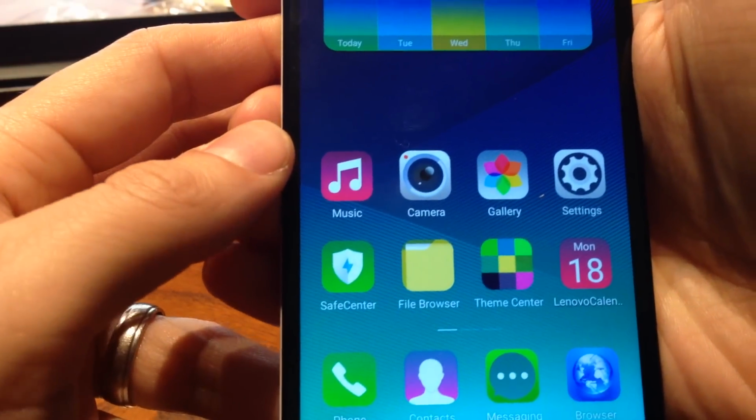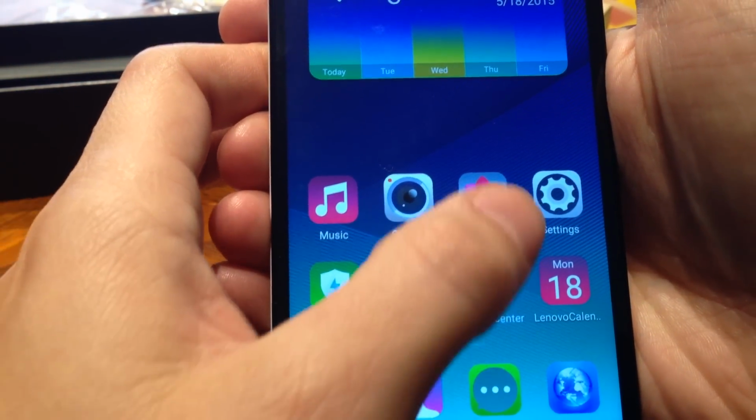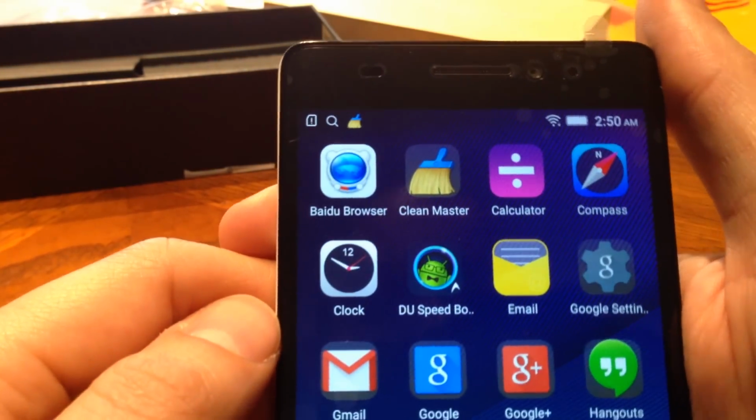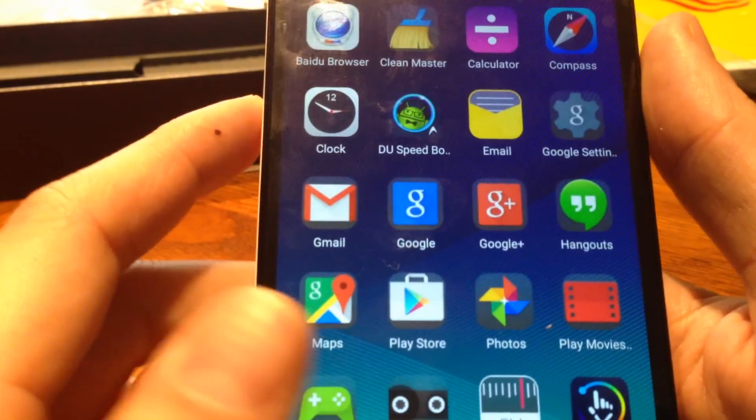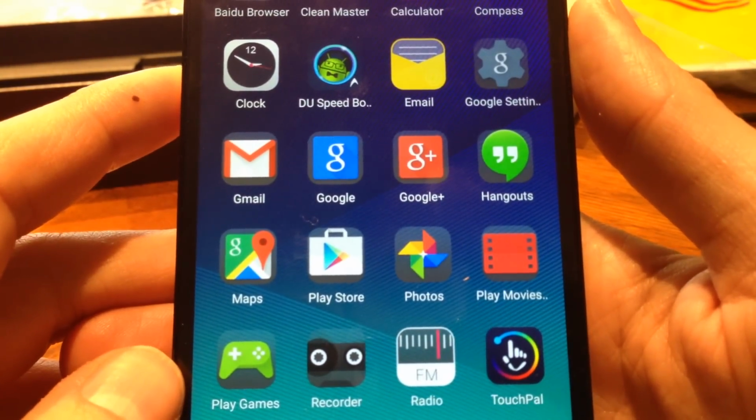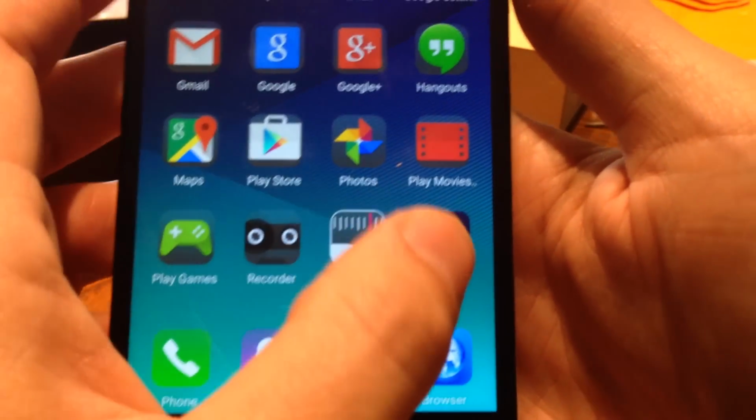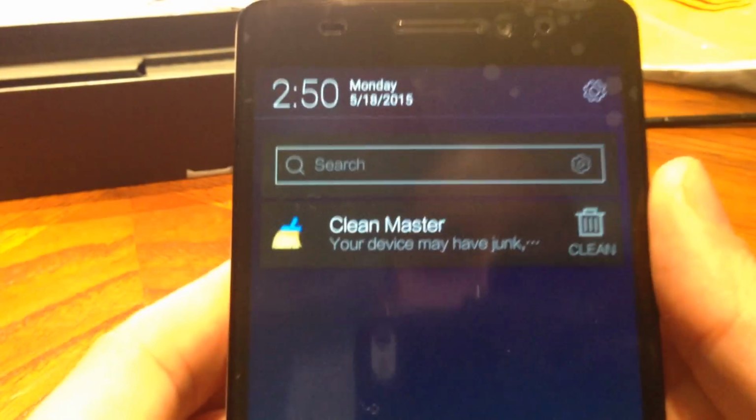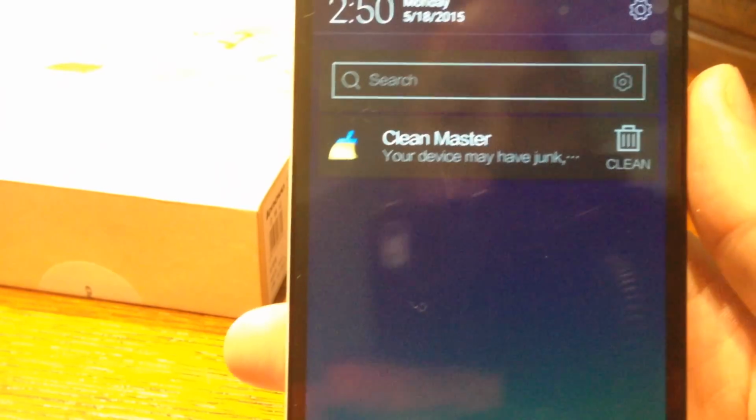Looking at the apps installed, you've got your basic calendar, theme center, gallery, file browser, music player, Baidu browser, Clean Master, DU Speed Booster, your standard plethora of Google apps, the FM radio app, TouchPal, which is a swipe type keyboard, and then just voice search and YouTube. Right off the bat, you can see this is a fresh install that I've got here,